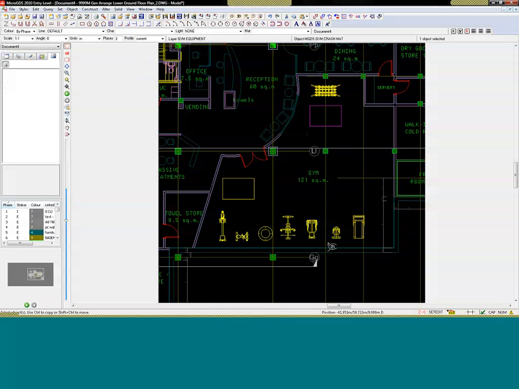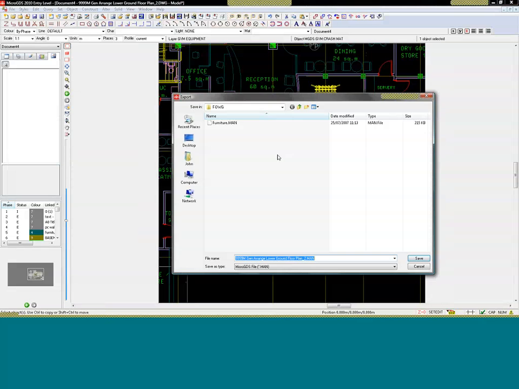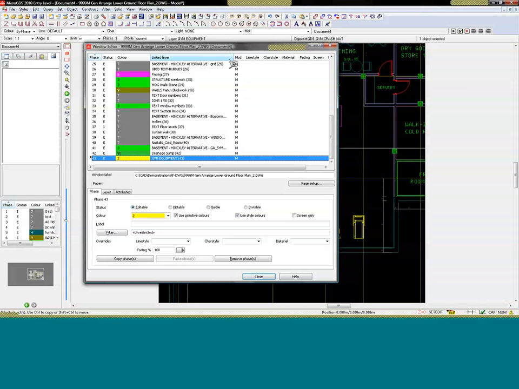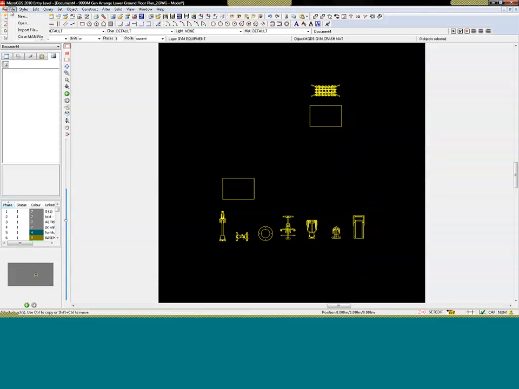I now need to send this back to the original architect, so we don't want to send him all his own data back as well, so we can choose just to export the information that we've added to the drawing here. And I think the first thing we need to do is just make sure that the layers that we're not interested in are invisible. Click on close, and now when we do export,